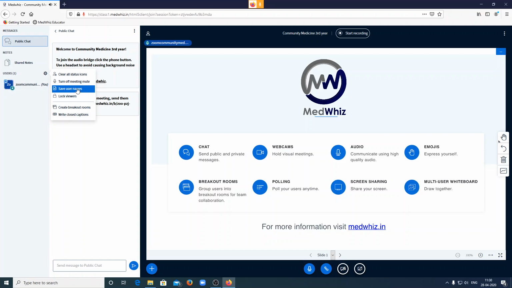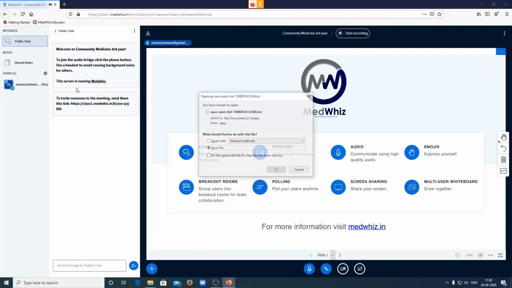If I click on save usernames, all the candidates who are logged into this class will be displayed, and all those names will be saved. I have to save it as a file. It will be saved in the downloads folder.